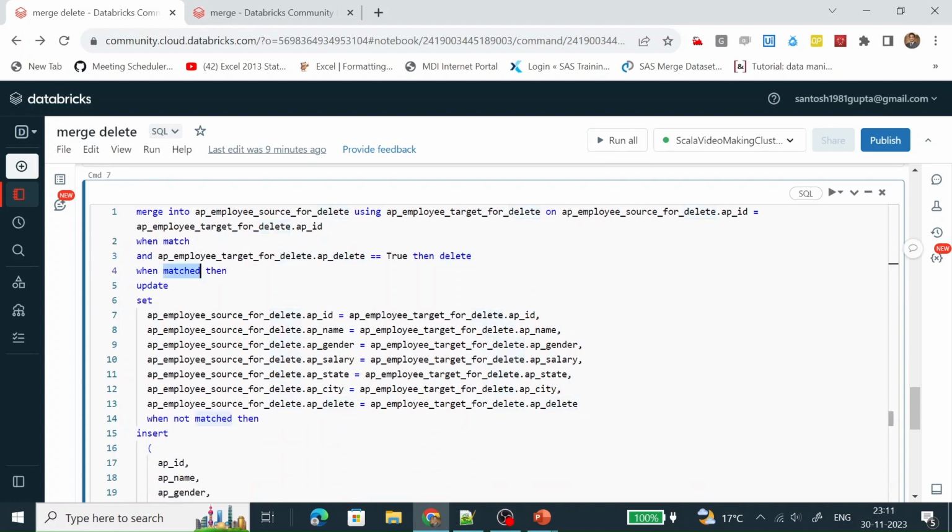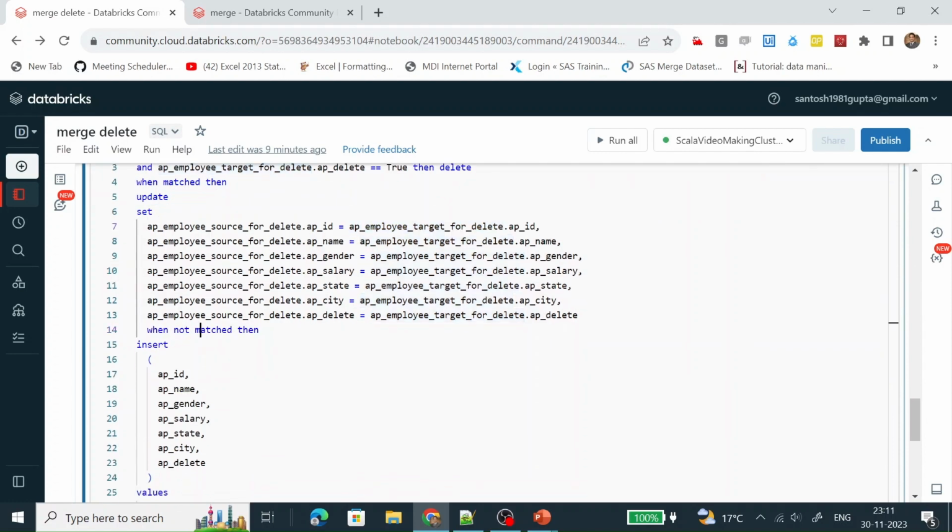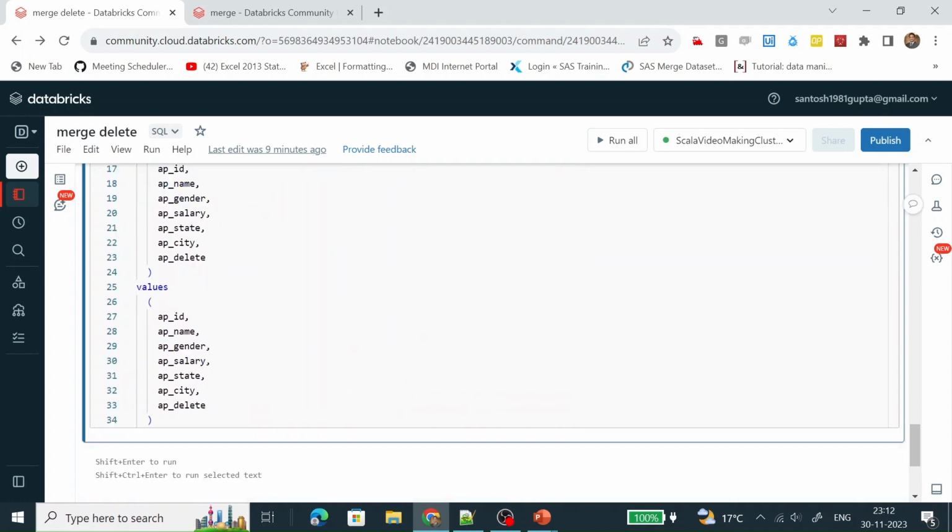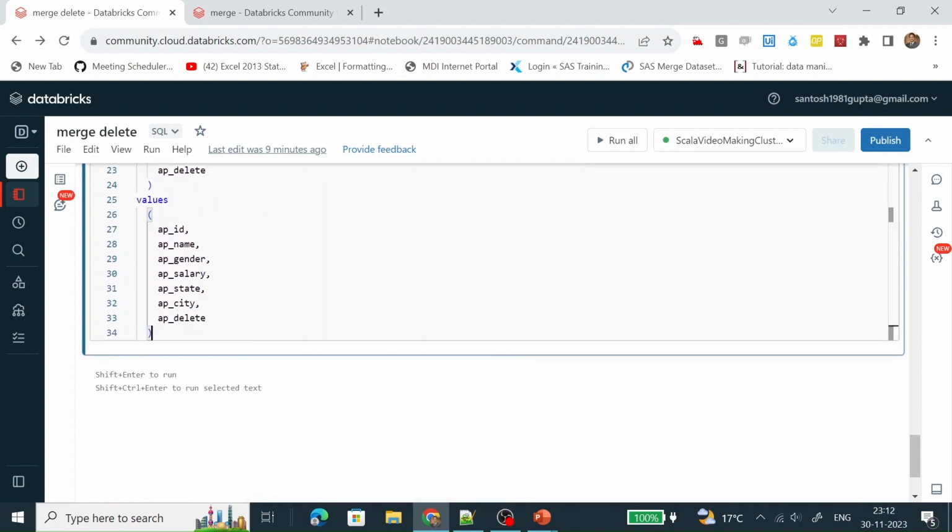When matched, if this APID is matched, then update all the records present in source table by taking all the records from the target table. When not matched, then insert the data which is present in the target table into the source table. Let's run it.